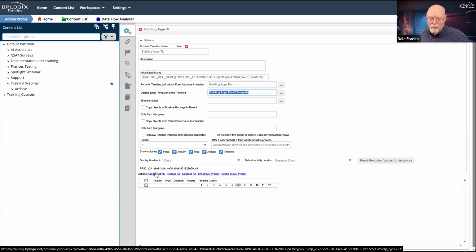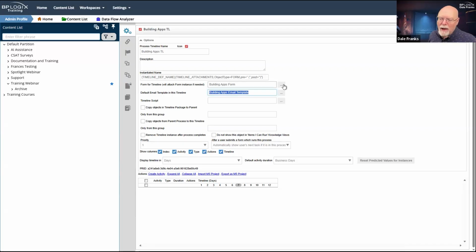Technically, I could use a different email template for every process timeline activity that I create. I generally don't want to do that. I generally want to have as few email templates as possible. And obviously, I want to configure it as easily as possible. And this is about the easiest configuration that you can do, by having a default email template that has all of the stuff that you would normally want to send in any sort of email notification. And once it is set as the default email template, then I really don't have to worry about configuring the email template on the individual notifications tab for each timeline activity.